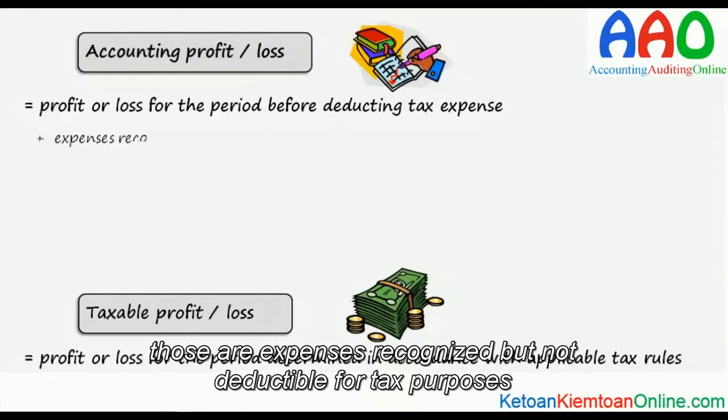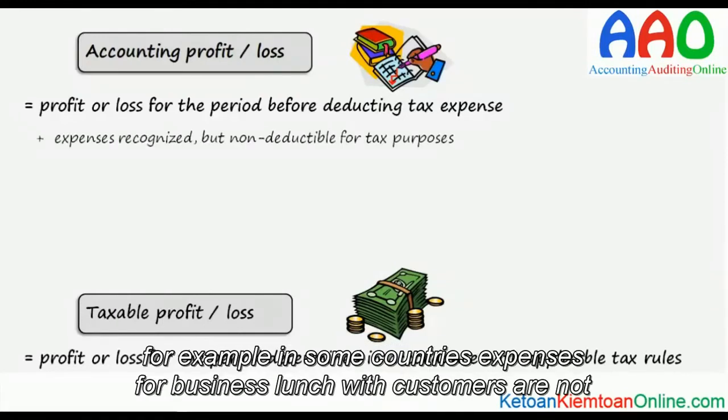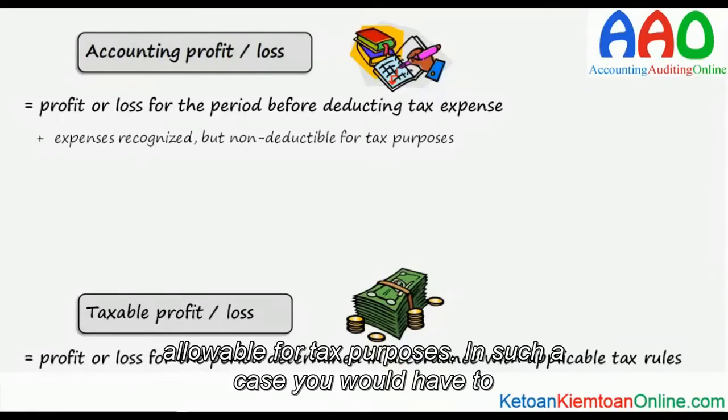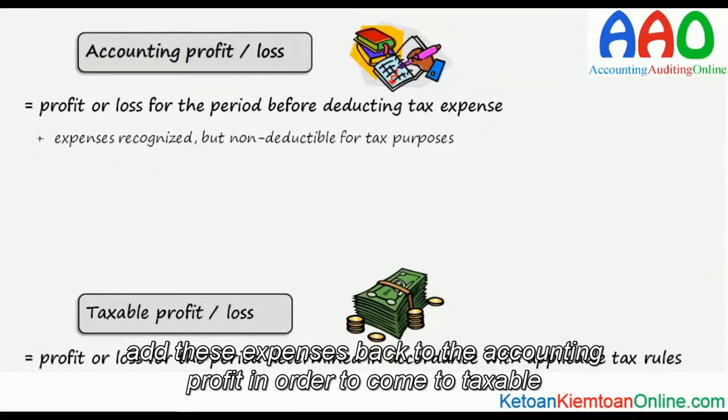Namely, those are expenses recognized but not deductible for tax purposes. For example, in some countries, expenses for business lunch with customers are not allowable for tax purposes. In such a case, you would have to add these expenses back to the accounting profit in order to come